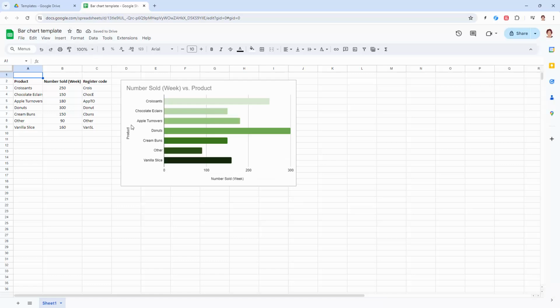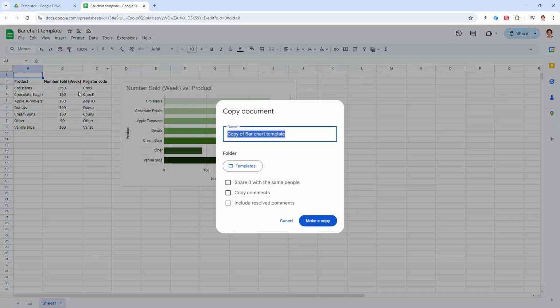And it's a template. So I don't want to use my template. I don't want to destroy it because it is there for use over and over again. So what I'm going to do first up is go to File, and I'm going to make a copy. And this copy can now have a name. So I'm going to call this Pastry Sales 2024